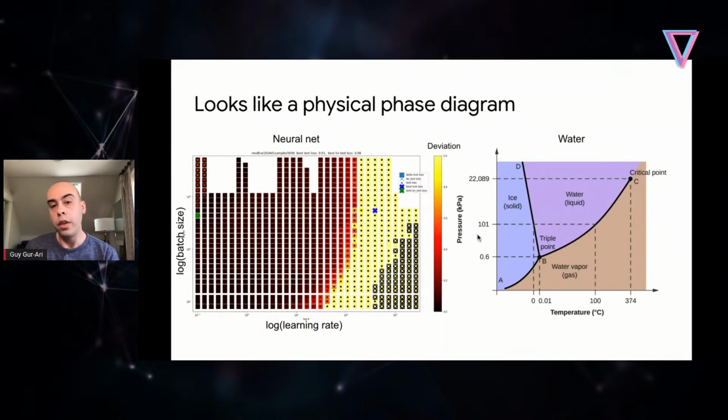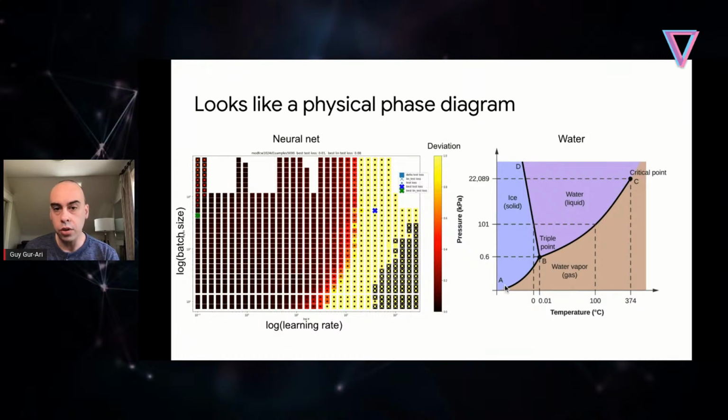And so the first thing I want to say about this at a high level is, I come from a physics background, and when I look at a picture like this, it really reminds me of the sort of phase diagrams that we see in physics. In physics, a phase diagram of a model shows the qualitative behavior of a model as we change certain parameters. So for example, here's the phase diagram for water.